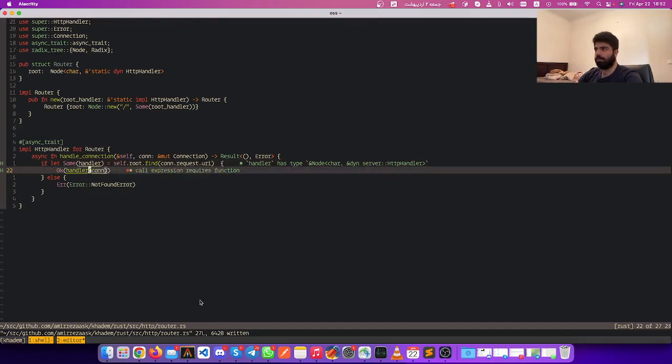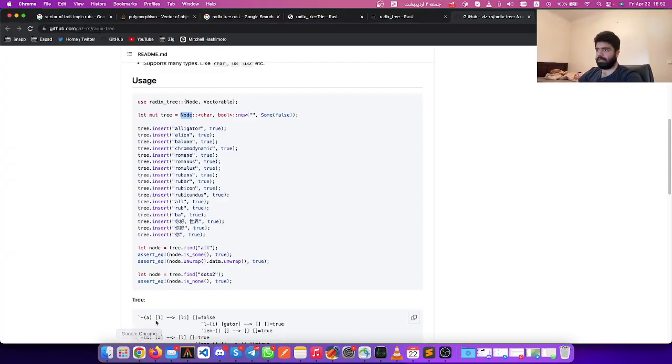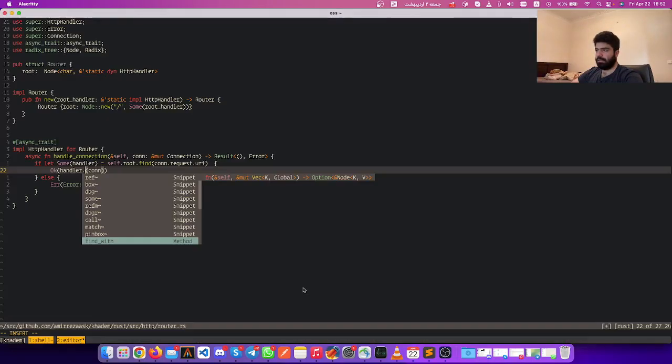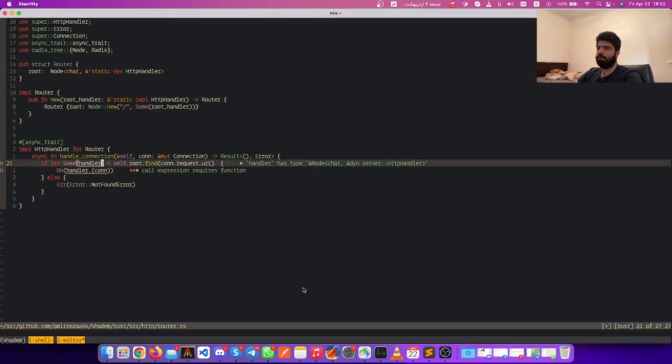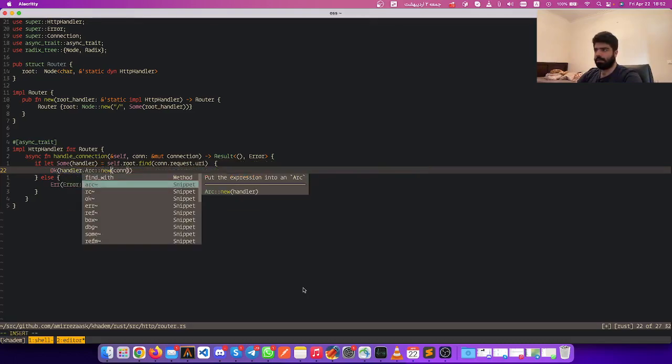So we say dot, how can we get the data inside? So find will return an option, and the handler becomes a reference to a node that has an HTTP handler inside. Dot